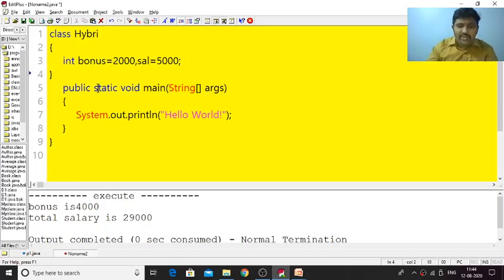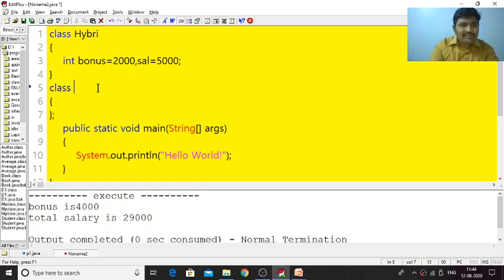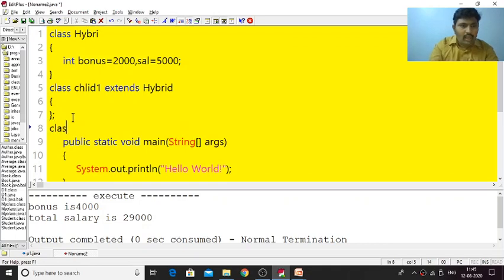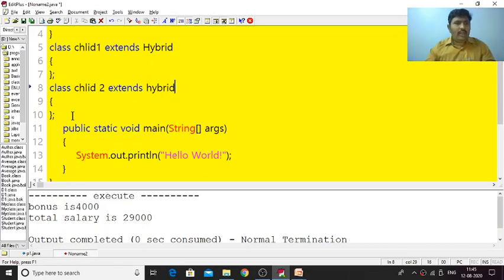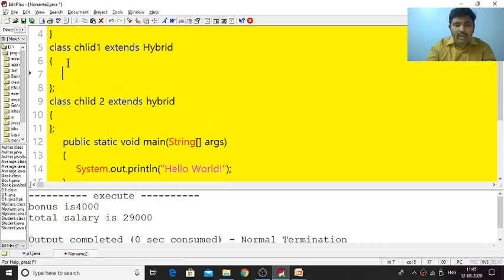Now these particular variables are inherited by the two subclasses, class child1 extends hybrid, and class child2 extends hybrid. And now we have one method, void show child1.